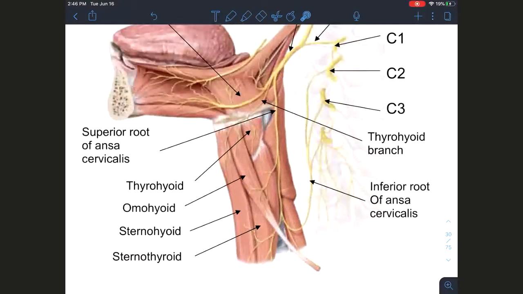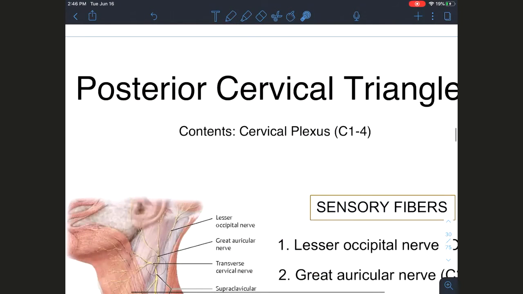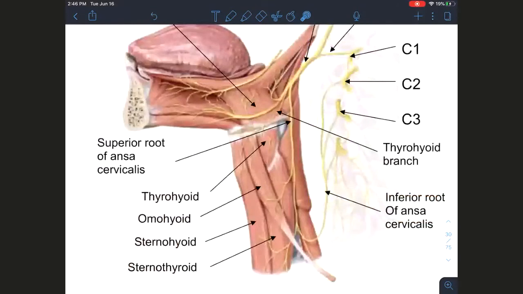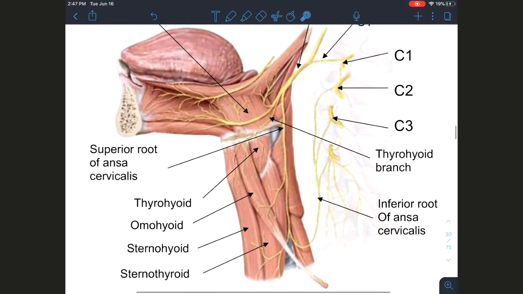Let's continue. C3 gives rise to the supraclavicular nerve. You can't see it in this picture. And then C4 also gives rise to the supraclavicular nerve. Okay, now we're at the ansa cervicalis. So the superior root will come off of that ventral ramus of C1 only. And then the inferior, can you go back to the